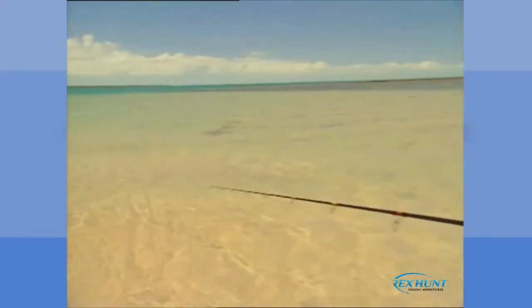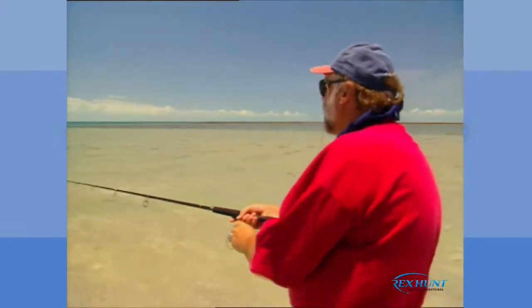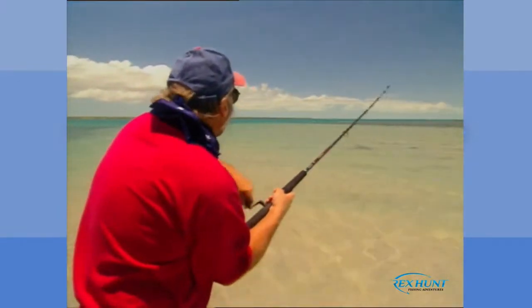Oh, isn't he a big bloke? Yeah, and you know what's happened, don't you? You know what's happened, and you know what will happen. He is going to go. Oh, no. This is going to be, folks, a Mera Hiroshima. Now, he's just going to erupt because he doesn't know he's got my bait at the moment, but when I give him a little bit of a whammo, like that,